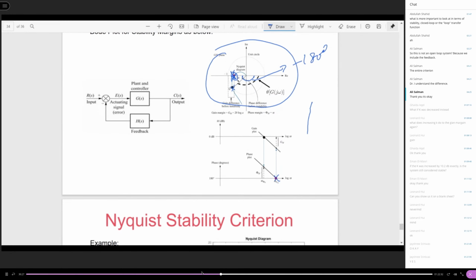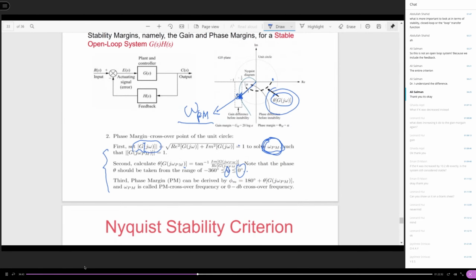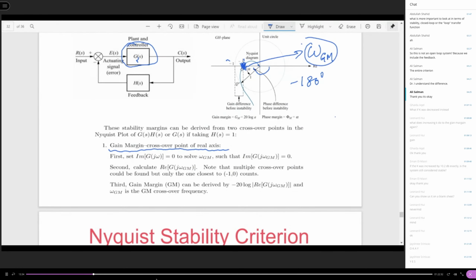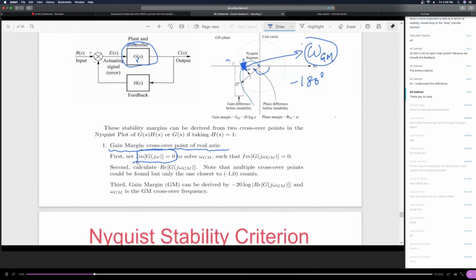Okay, you have the phase at the crossover. We identify this point, then we need to do the calculation. So how am I going to calculate this crossing point? You see, we can set up the imaginary part of the G of j